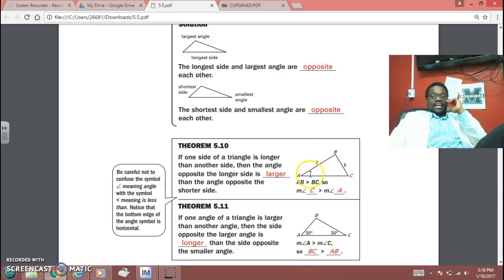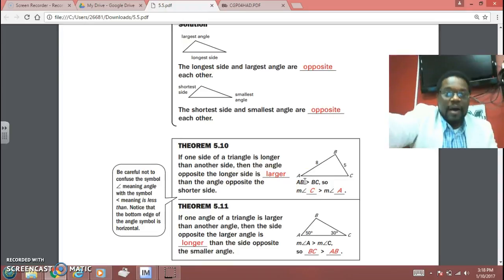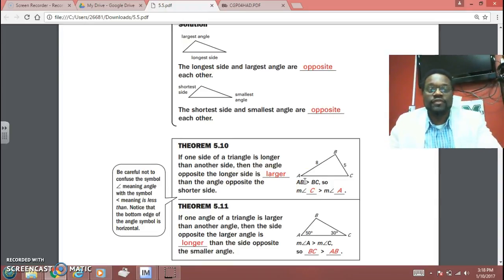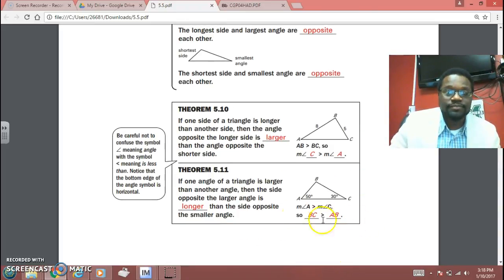So basically what this is saying is the angle opposite the longest side is going to be the biggest angle. The opposite angle of the shorter side is going to be the smallest angle. All right. If one angle of the triangle is larger than the other angle, then the side opposite. And so it's basically saying it both ways. In short, plain English,